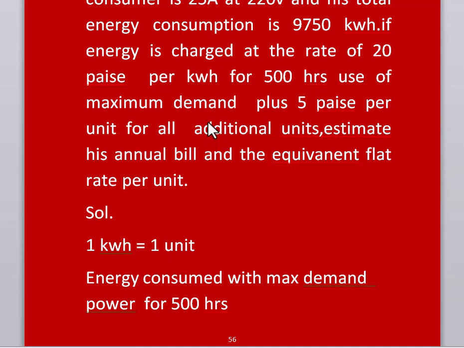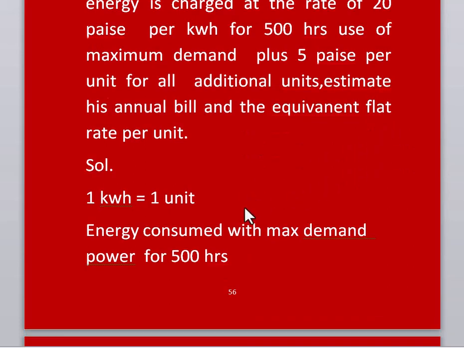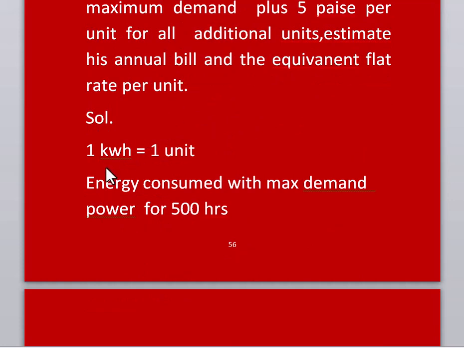the energy consumed with respect to the maximum demand should be subtracted, and for that number of units consumed there is another tariff, that is 5 pies per unit, and these two bills should be added to get the annual bill, and after that the annual or flat rate per unit also should be calculated. So in this problem also we should know what is kilowatt hour, that is nothing but 1 unit, and